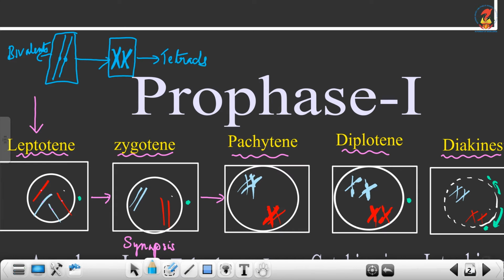So as a result of condensation, the rod-shaped chromosomes of the bivalent condense, therefore it becomes thick and forms the tetrads. Clear? So when you count, you can see it is a tetrad. 1, 2, 3, 4. 4 arms. So it's called a tetrad. Here it's just 2 arms. 1, 2. So it's called a bivalent. So one event occurring in pachytene stage is further condensation of the bivalents to form tetrads, and the second event is they cross